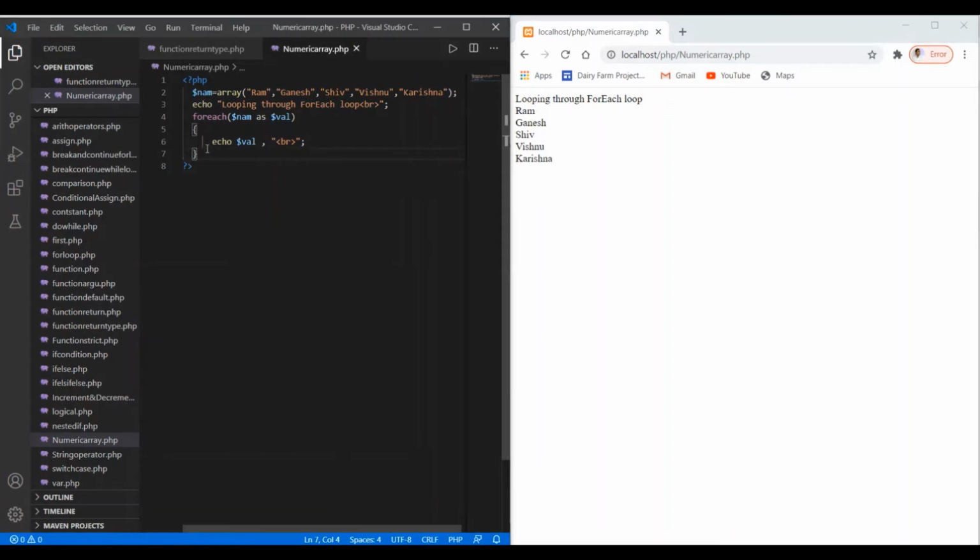In this way, now I am using another way of creating the array. I am displaying the message: another way of creating array.